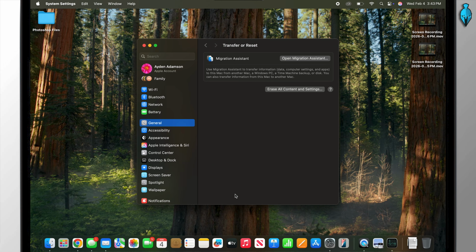Click on this and you'll see an option that says erase all content and settings. Simply go ahead and click on this and it's going to prompt you to enter in that Mac password. Go ahead and do that and your Mac will now show a summary of everything that's going to be removed,